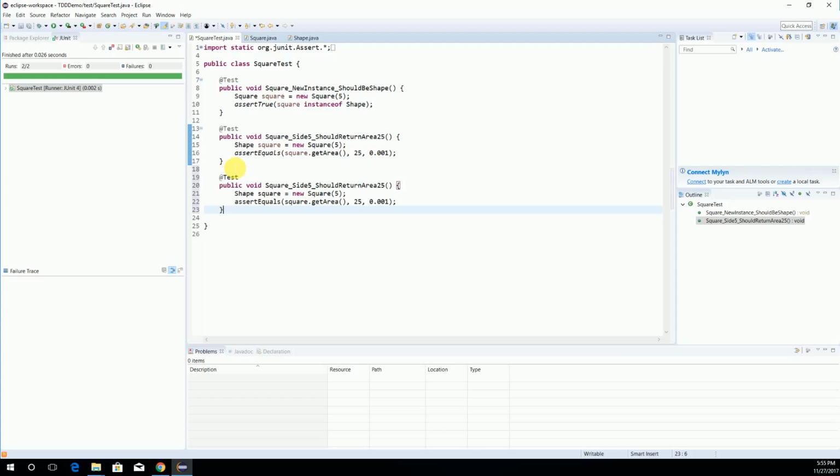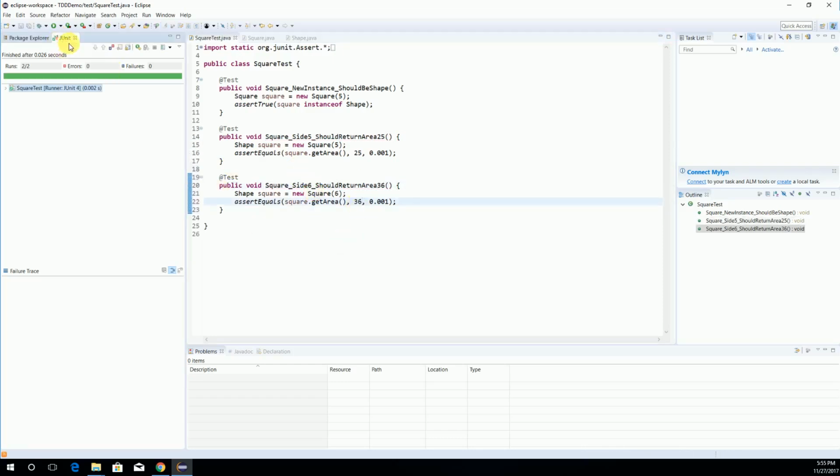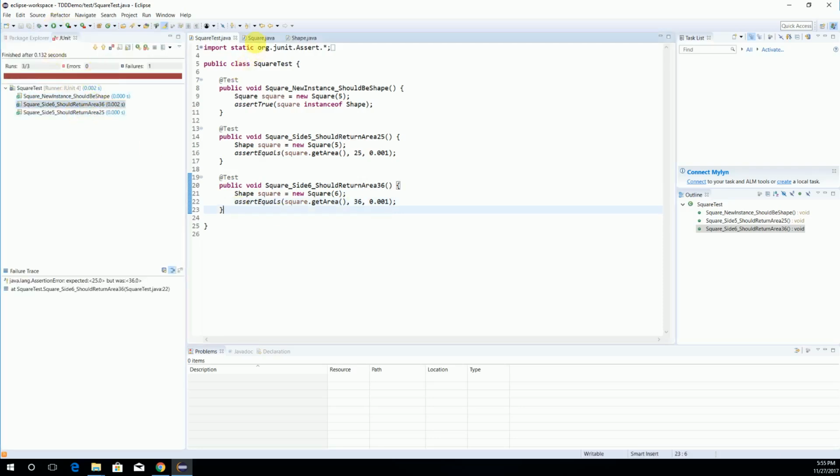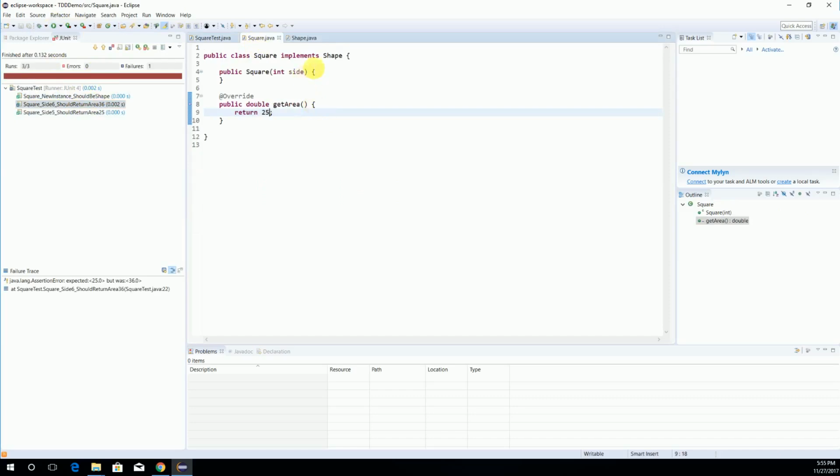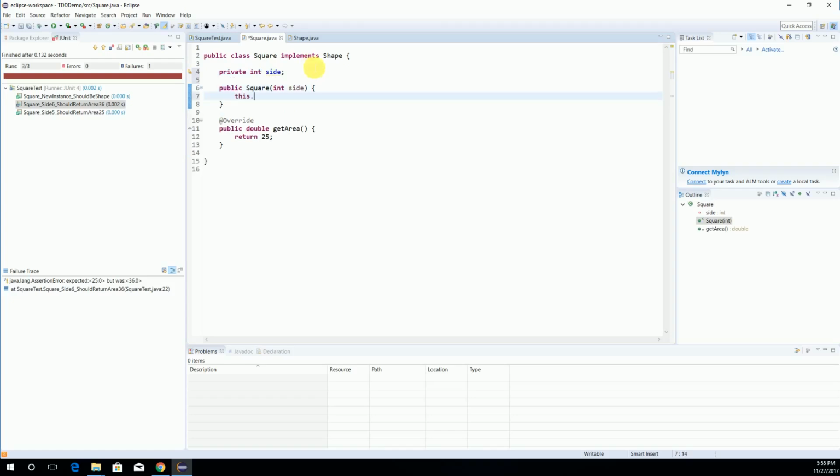So let's have another side, and then if we run the test, we see that it fails. So now we have to go and fix this. So how can we fix it? So now we need to introduce our variable called side, and then when it passes in, we need to save it, and then here we need to return side times side. So now if we run the test,